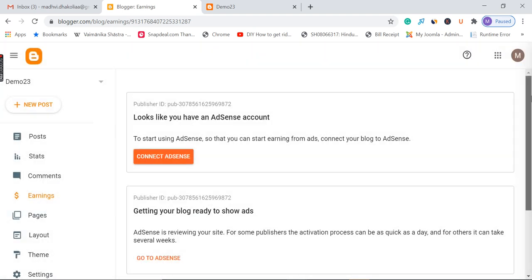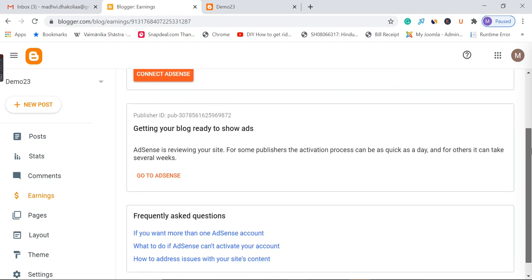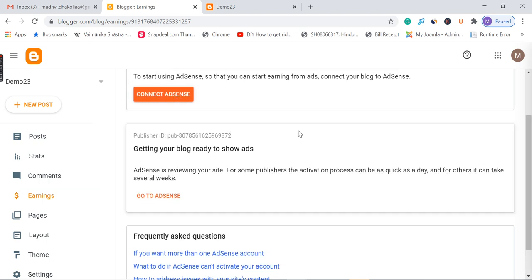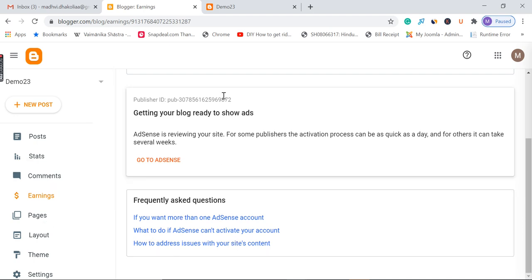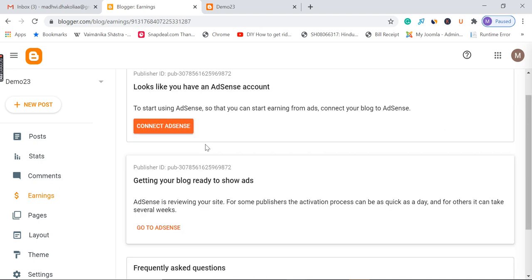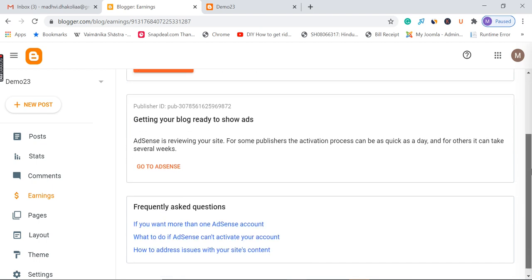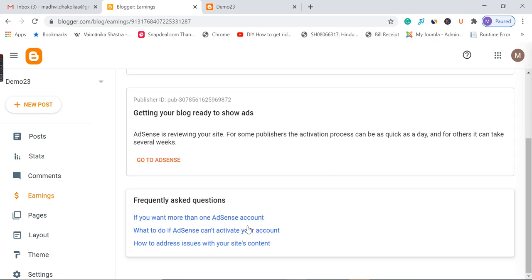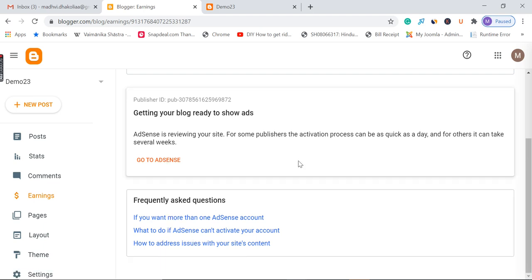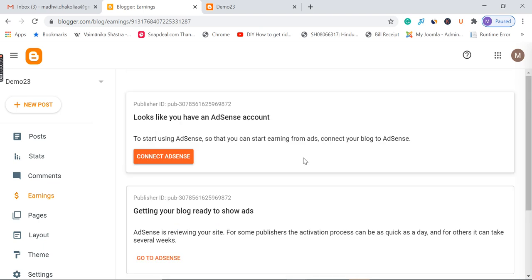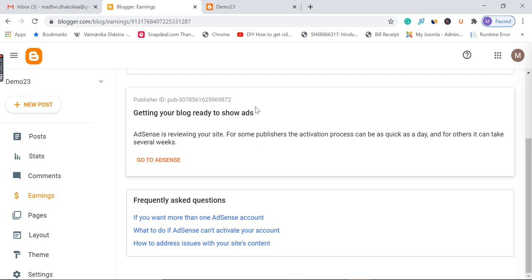In earnings, obviously, if you have a Google AdSense account, here I already have, so I can connect. All I have to do is connect. If you don't have any Google AdSense account, you will be given this option. This is a new interface of Google Blogger altogether, where you can actually connect. I still haven't connected it because it's my new blog, just for demonstration purposes. So in earnings, you can connect, you can remove also, and if you want to apply for one more AdSense account, you can use a different one. But if you connect AdSense from here, you can send your website for approval in Google AdSense, and whatever information you have linked with this account will appear here.